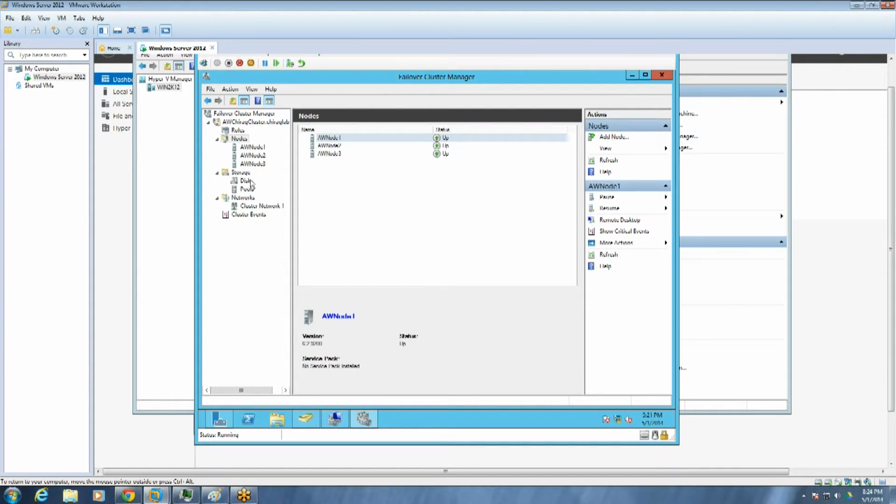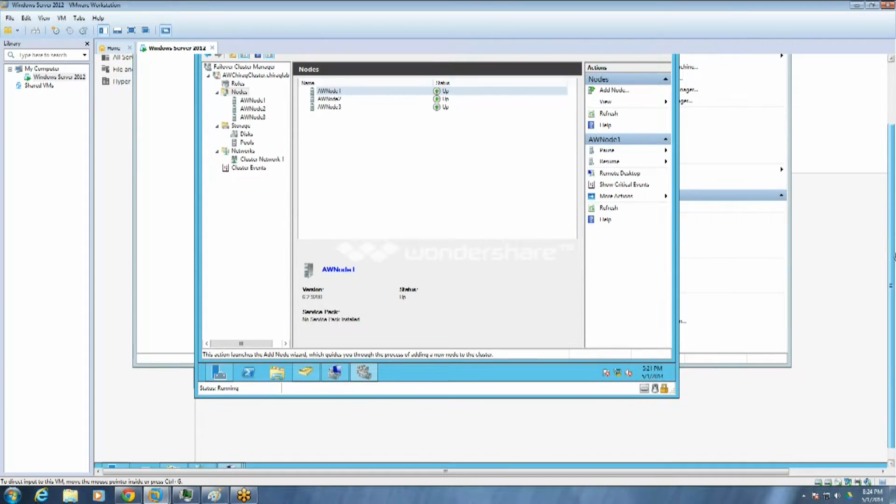So yesterday we were having a disk over there, so you can check the health of the cluster out there. If you want to failover, just right click over this and you can do the failover. Anyway, that's the very first step in setting up Always On. So you should know how to set up the cluster. That's why I showed you in detail again, so that you know how to set up the cluster at least.